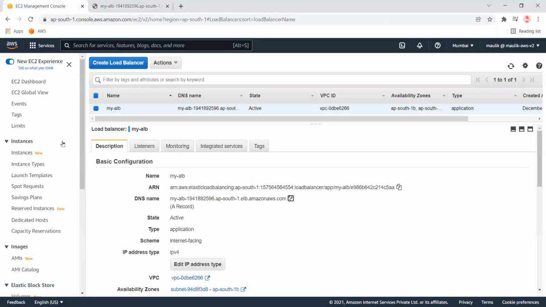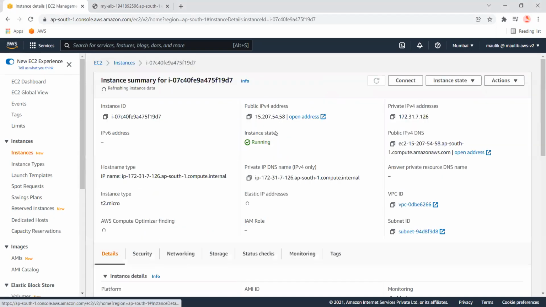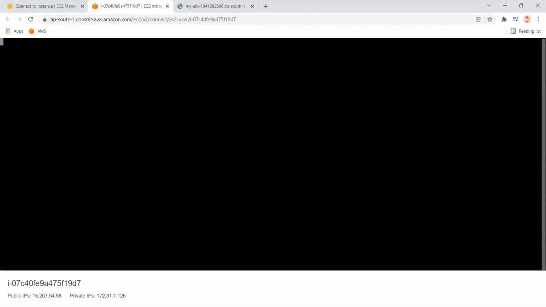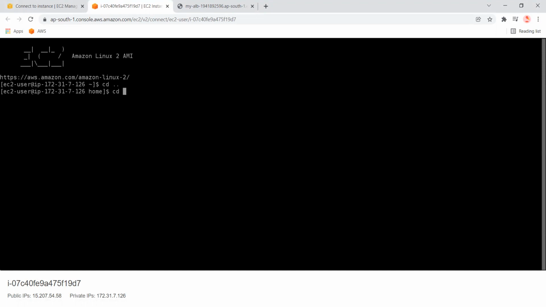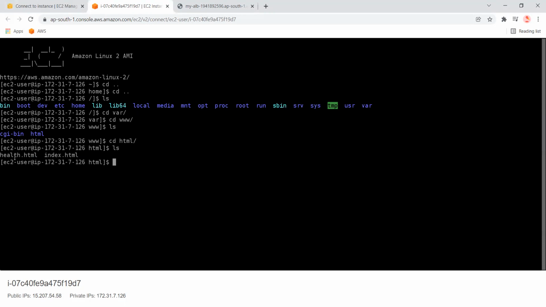Now let's see one scenario. For instance, let me log in to this server first. Suppose in my website, I have this page which is being used by the users, and this page is created for the health checkup.